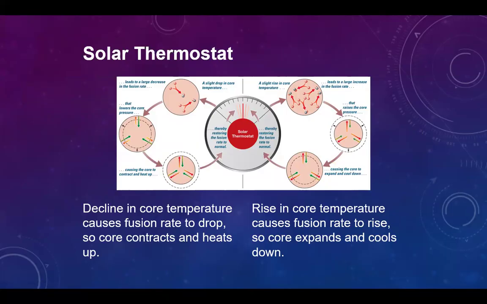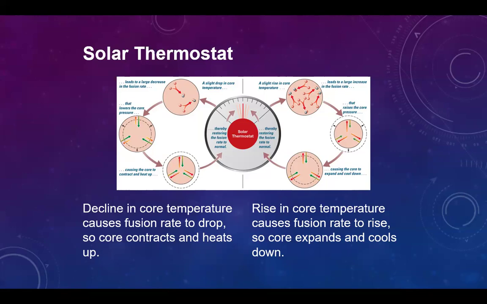So if the sun has a slight drop in the temperature in its core, this leads to a large decrease in the rate of fusion. Because fusion is hard and a little bit of temperature drop leads to a big change in your rate. And that will lower the pressure of the core, which will cause the core to shrink, contract, and heat up. Because as the core gets smaller, that gravitational energy is converted into heat, and so it heats up. Basically, it gets squeezed, and when you squeeze a gas, it heats up. And that restores the fusion rate